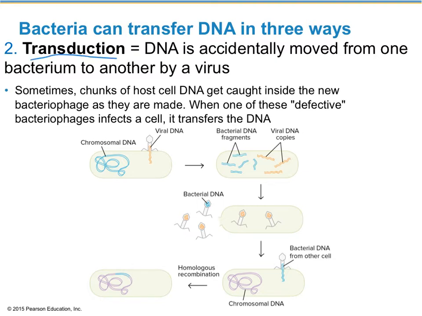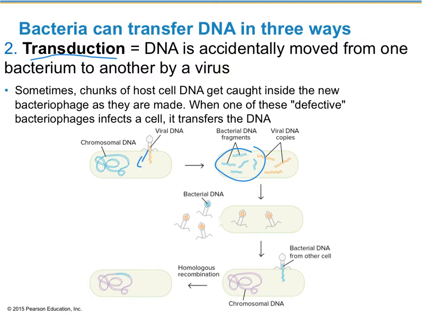And for this, we're going to need a virus. So remember, phages are viruses that infect bacteria cells. And what happens is the viral DNA will enter the cell, and it can cut up all of this bacterial DNA. And then the viral DNA will take over. It will use the bacteria cell's machinery to make copies of itself, make copies of its DNA, make copies of its protein capsid,